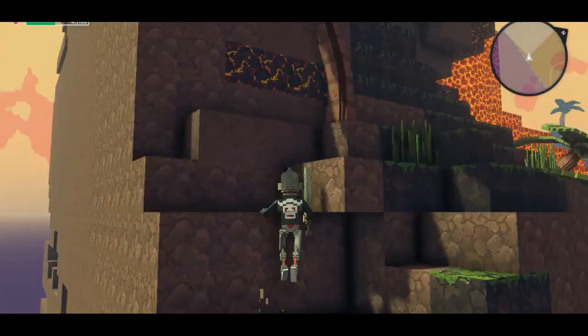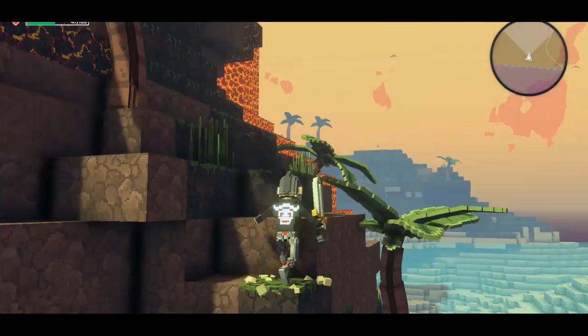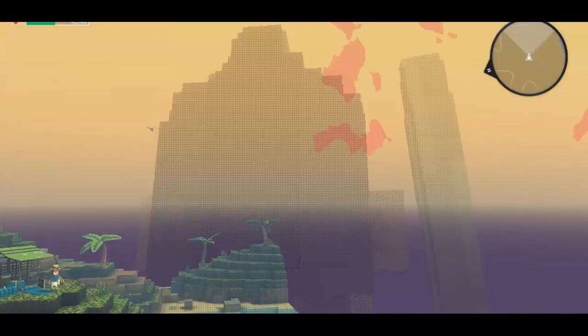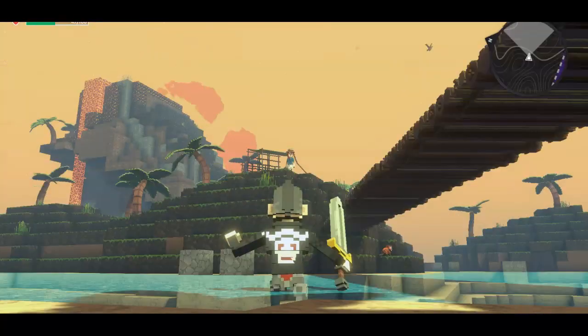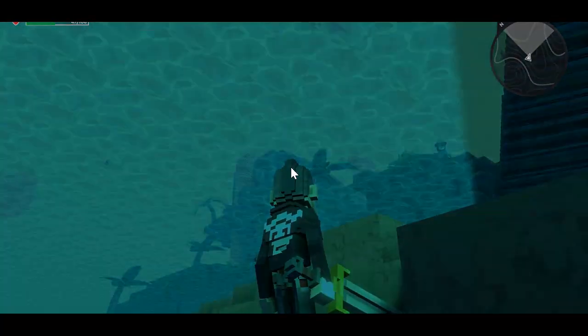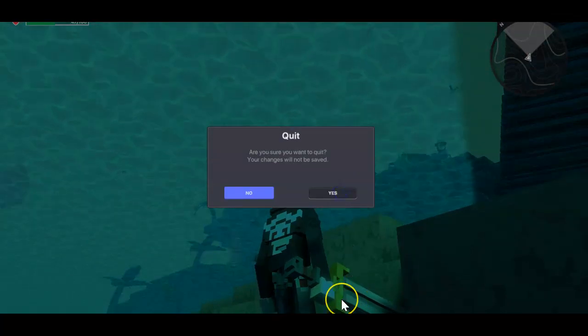Okay, so this is how the game works. You've got to get used to it. Alt F4 to exit and